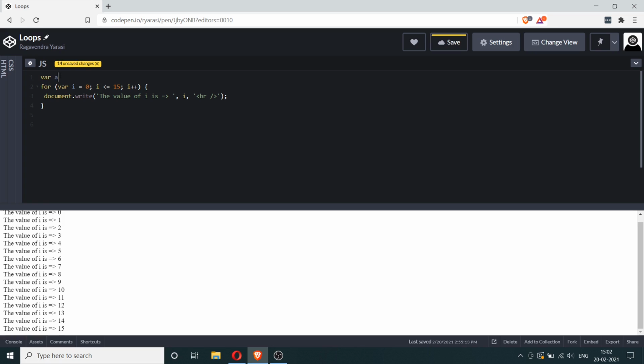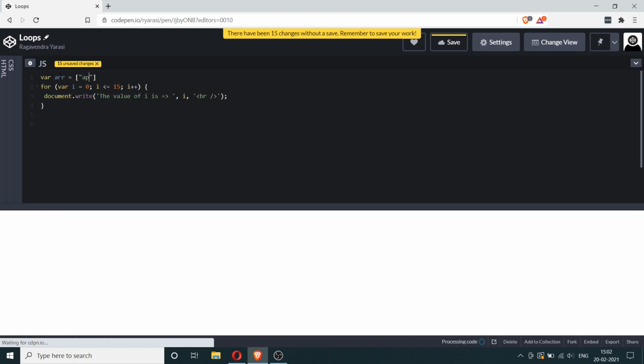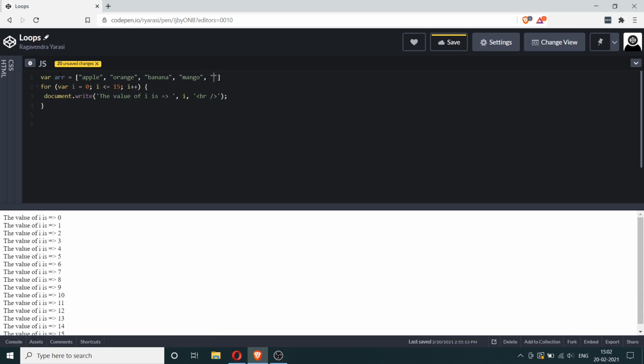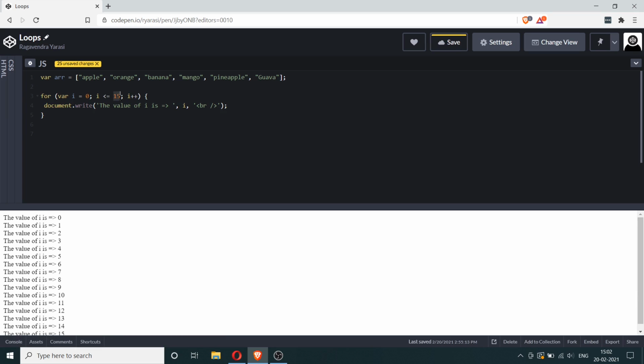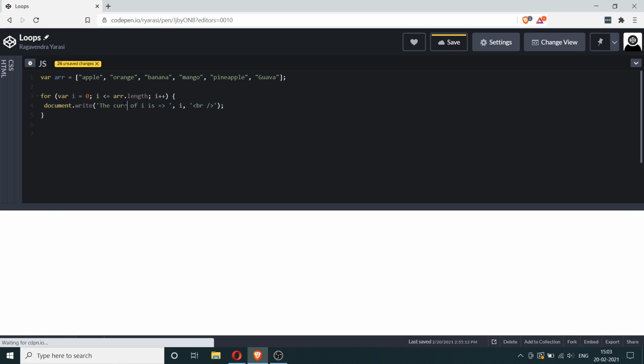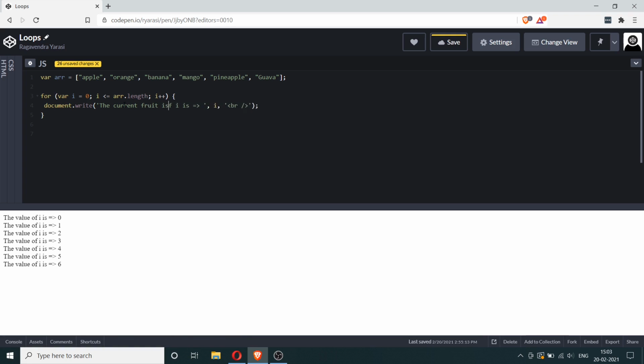So I'm going to create an array called ARR equals apple, orange, banana, mango, pineapple, guava. So I have the list of fruits, and I'm going to say var i equals 0 and i less than the length of this array. So ARR.length and i++. So here I'm going to say the current fruit is